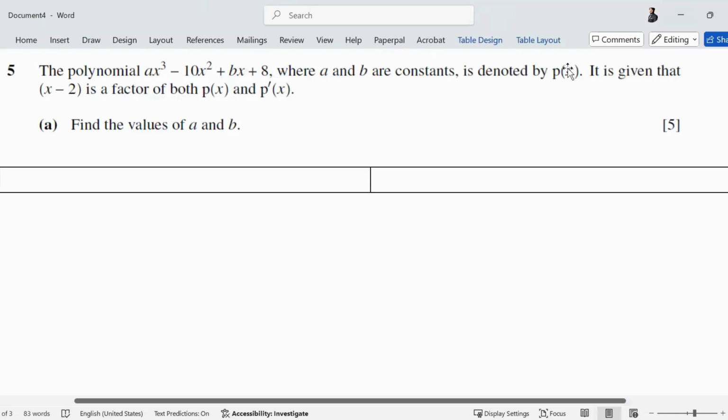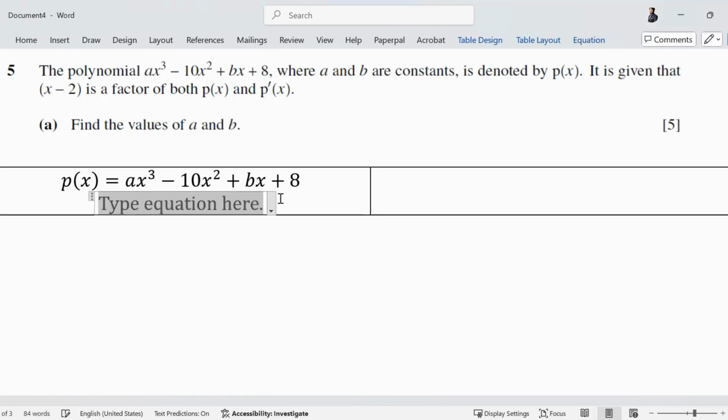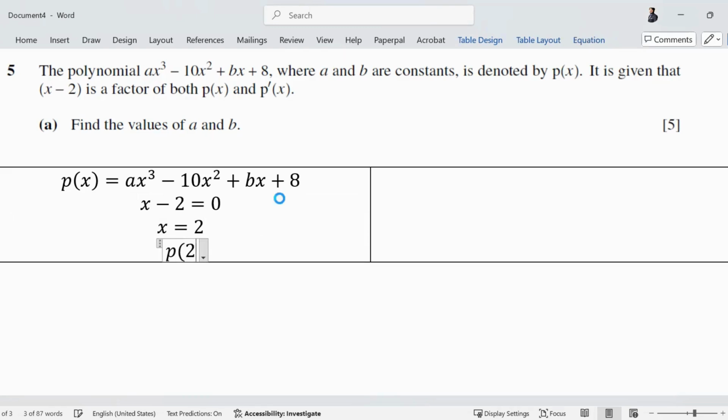The polynomial is denoted by p of x. x minus 2 is a factor of both p of x and p dash of x. So p of x is this, and x minus 2 has to be 0 with a value of 2. So if I plug in the value of 2, as it is a factor,